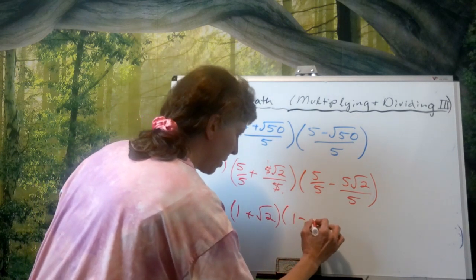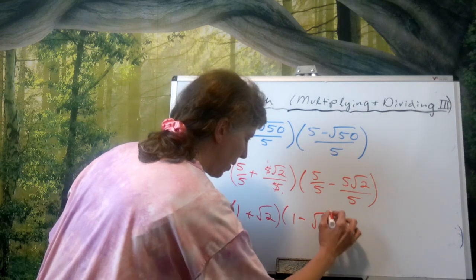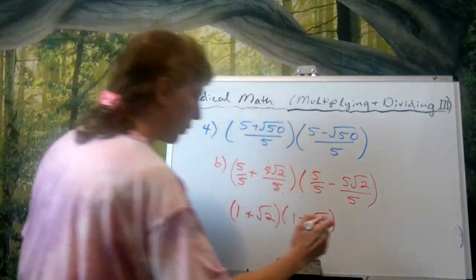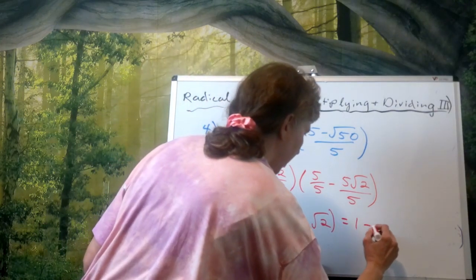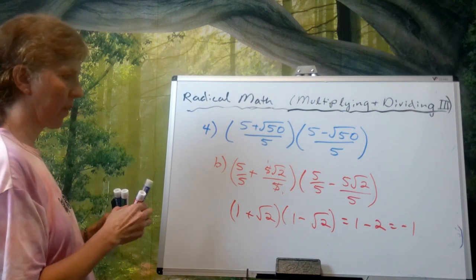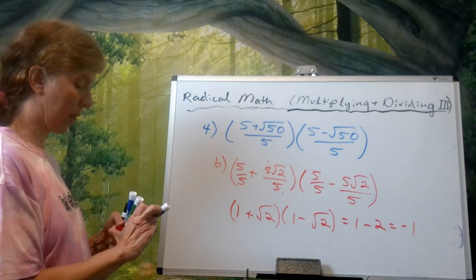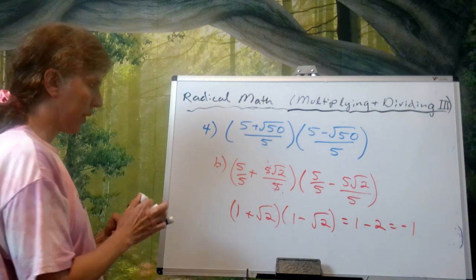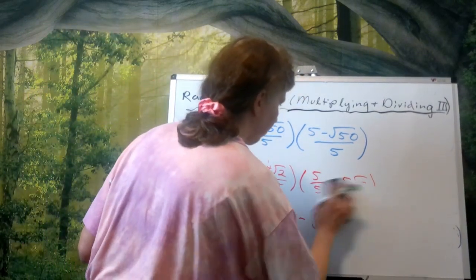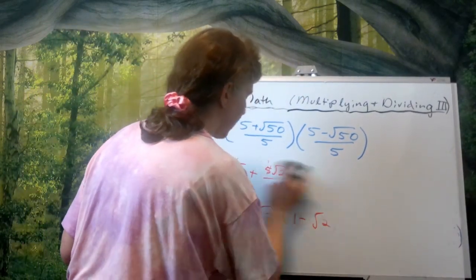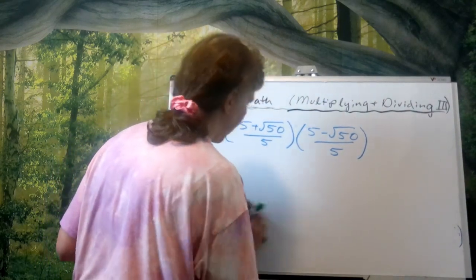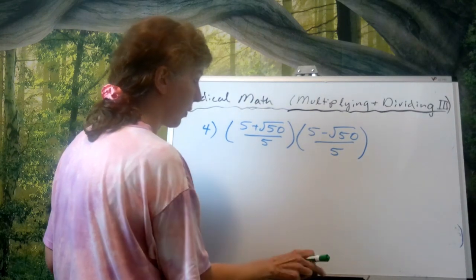1 minus root 2. And then, similar to the last one, once I FOIL that out, I get 1 minus 2, which is negative 1. So that's another way you can do that question. The other way that you can do this question is to recognize that you have difference of squares, and so what would happen if we just FOILed it out